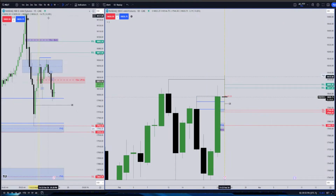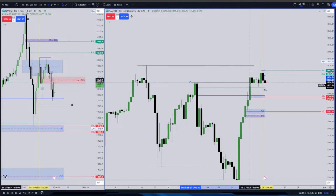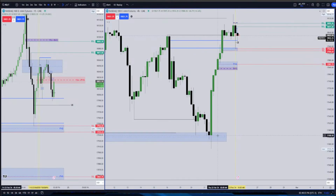And this is a daily chart. So if I go to the 4 hours chart, you will see how it looks on the 4 hours. This is how it looks. Okay, so liquidity grab from these lows, even from here liquidity grab. This is a swing high on the 4 hour. Market structure shift with displacement, fair value,